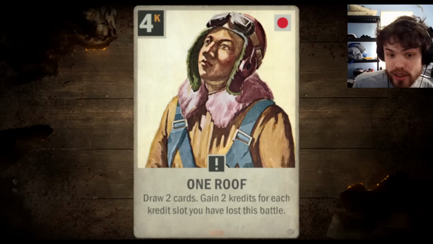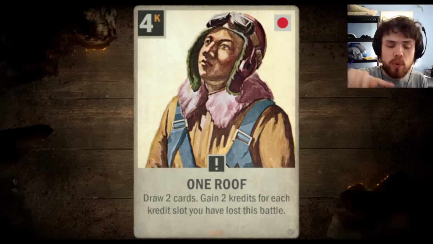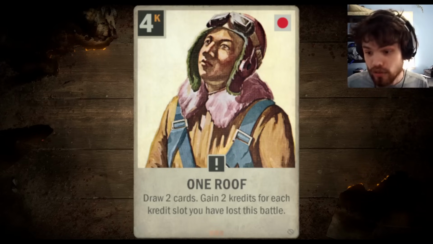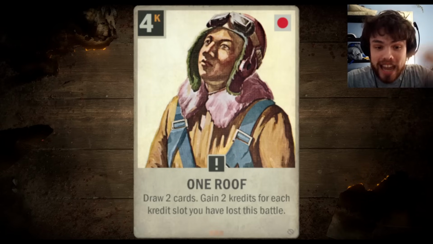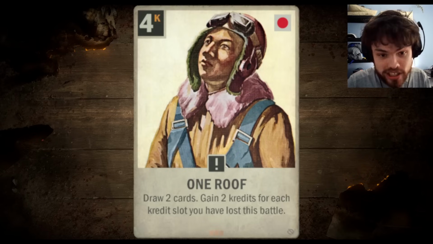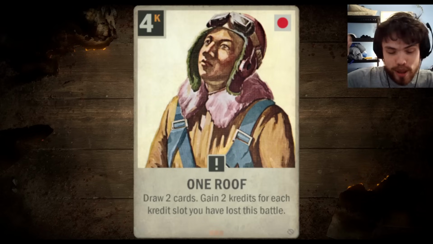And maybe you play the first 1 roof and it draws you into an Airland and Sea, so you play Airland and Sea and then you pick a copy of 1 roof off the Airland and Sea, and now you've lost an additional credit slot, but you have the additional credits from the first 1 roof to play the second 1 roof, which now gains you 12 credit slots, and that draws you into the second copy of the natural 1 roof still in your deck, and you play that, and you gain an additional 12 credit slots, and now you have 24 credits, and also 2 more cards in your deck, and you can play more Airland and Seas